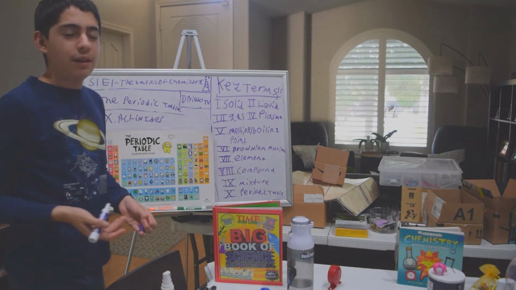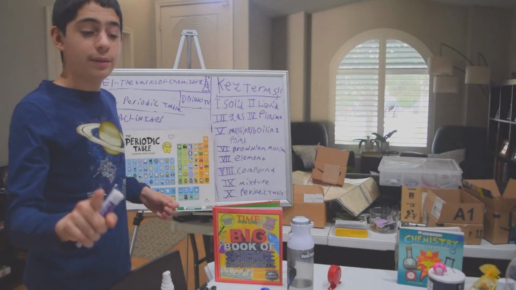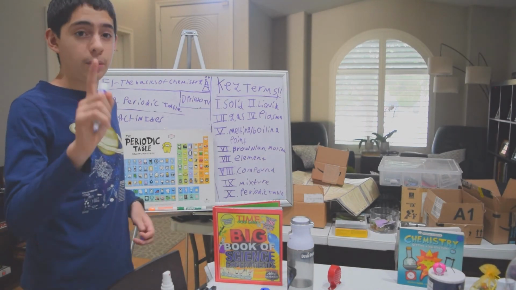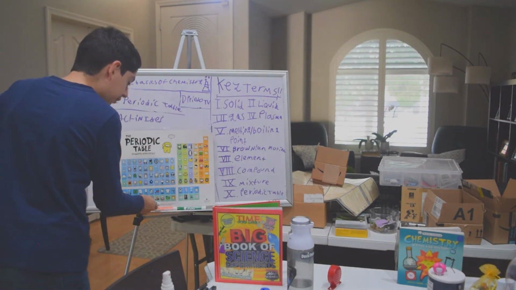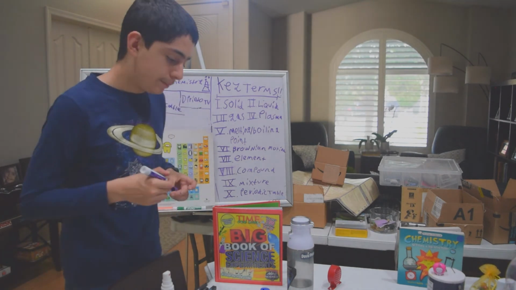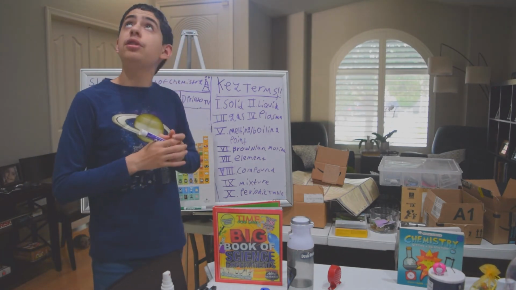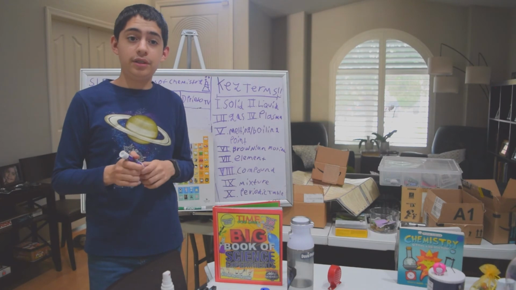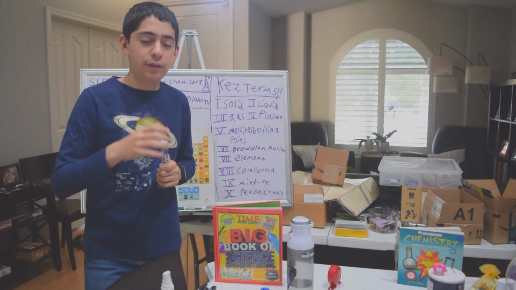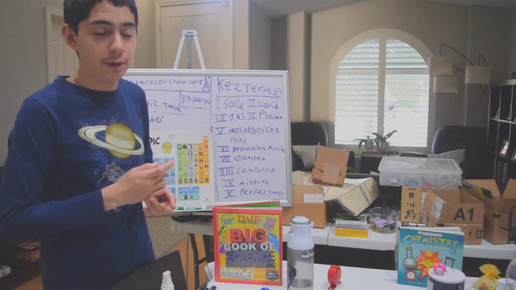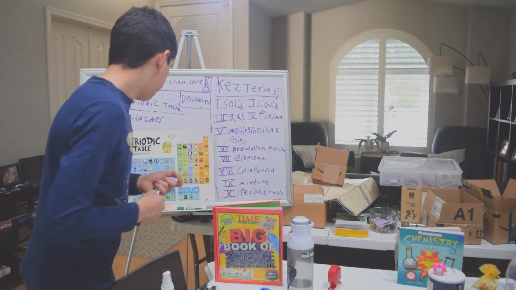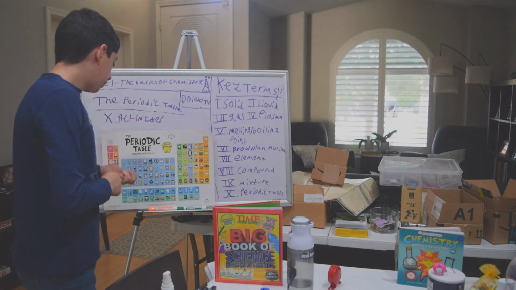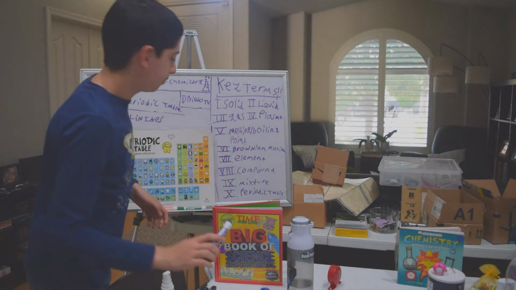Some people say that they don't have any uses. I think there's one element with one use. It's called americium, which is named after America. It is used in smoke detectors. It's like a tiny little cube of it, but it's very shielded, so you don't get radiation poisoning. So yeah, it's basically used in smoke detectors.